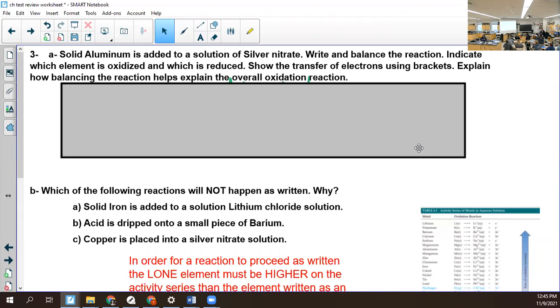Oh, I'm waiting. I literally just did this. We just went over that. It's +1. Silver's always a +1. Okay, I get it mixed up with the one that's always